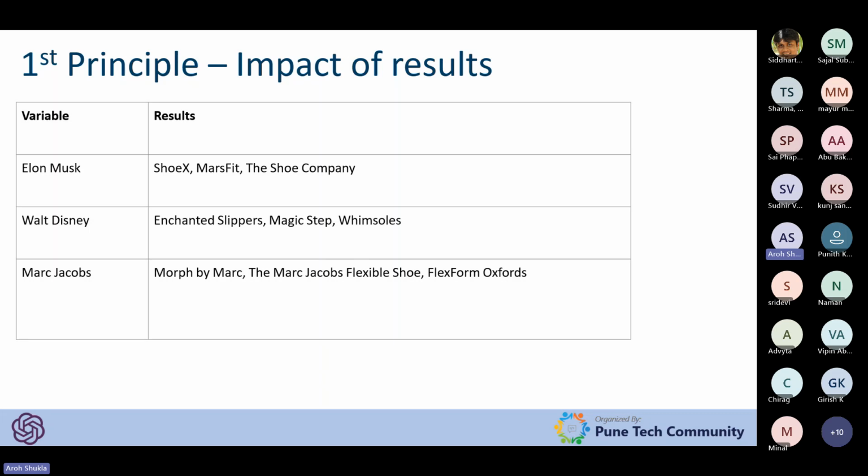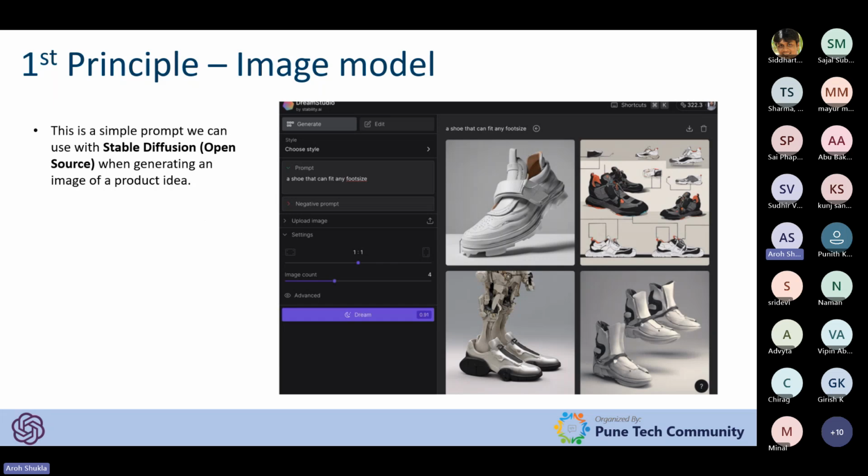Again, we have a long demo about all the 5 principles. I will show you how it works. I have an Excel sheet and we will work on it together later on. Okay. So this example is not a text model. The same concept applies to image models as well. For example, I want to have a shoe size,